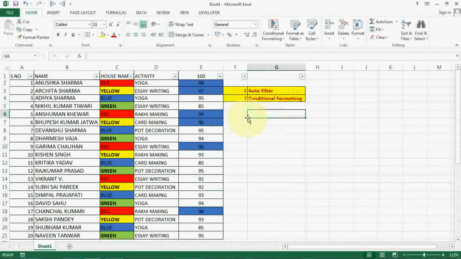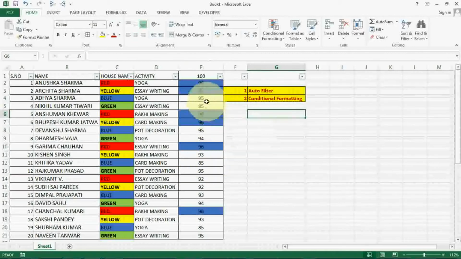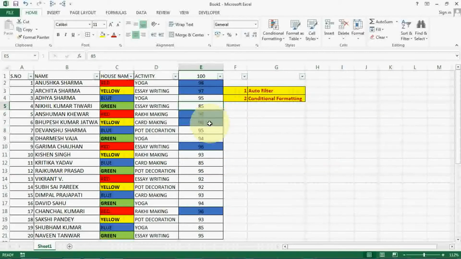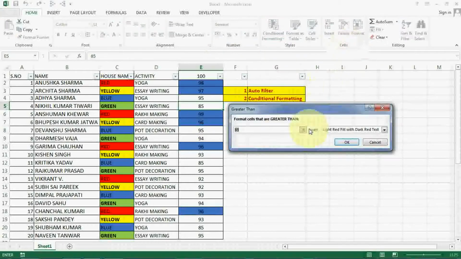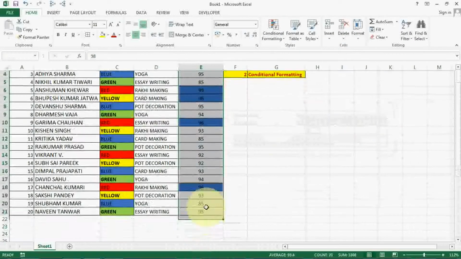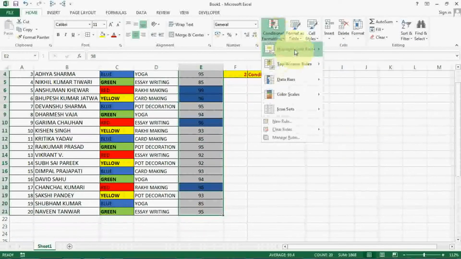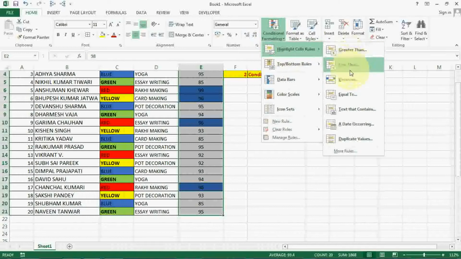Then next is conditional formatting according to this value, 85 to 90. So you can highlight from this cell greater than. Okay, first select the data. After that, go to conditional formatting, Highlight Cell Rules, and here Between.